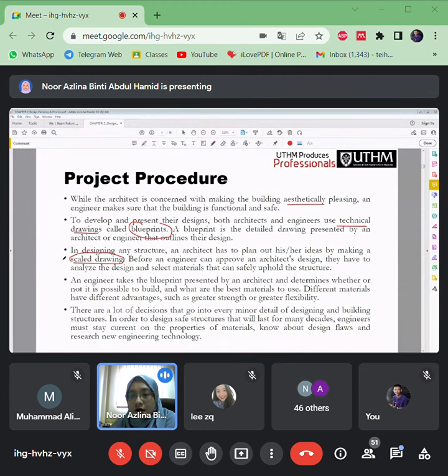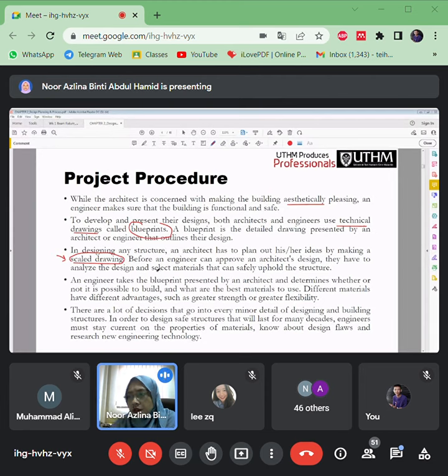Is it millimeter, inch, or any unit? It should be scaled properly. The same goes with the dimensions, the length, the height. It should have all the information, the measurements, in the drawing.